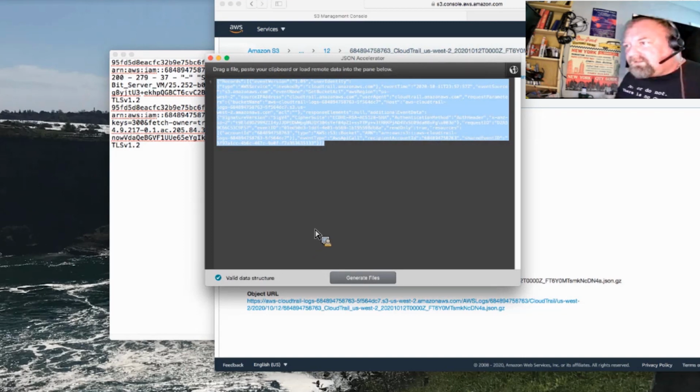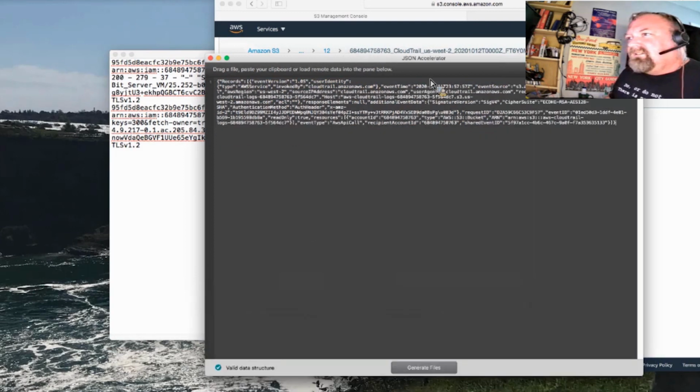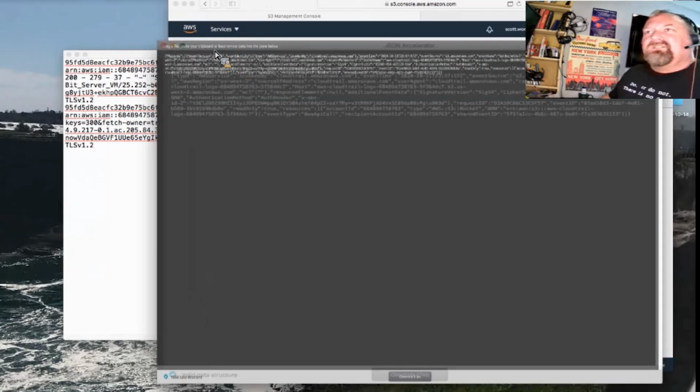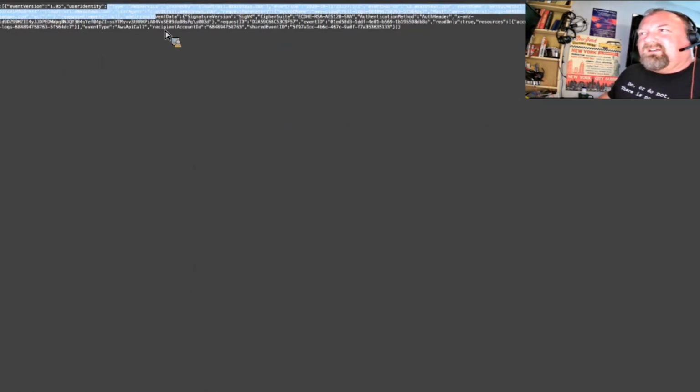See if I can make this... Nope, can't zoom on that one as easily. See if I can make this full screen, and maybe, no, it's still going to be really hard to read. But basically, if you can see that, you're going to get a lot more of the actual API calls from the Amazon